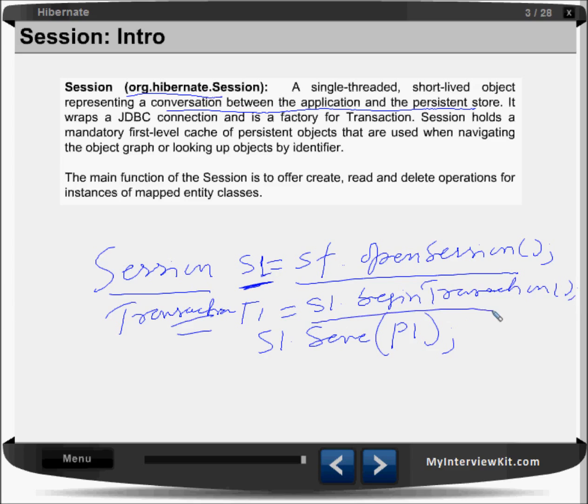So this will help me to begin the transaction, right? So it wraps a JDBC connection and is a factory for a transaction, right? So with the help of this session we are getting the transaction object, and then we can say transaction dot commit, transaction dot rollback. Okay,